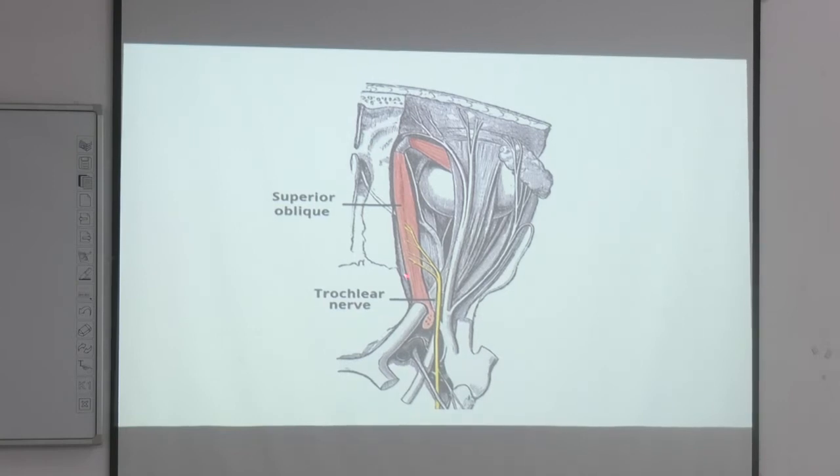Now this superior oblique muscle, which you have seen in the orbit class as well as in the eyeball class, is lying on the top side of the eyeball. The striking feature about this muscle is that it is present on the medial side in the upper quadrant of the orbit, lying on the superior plane, and it has a change of direction of its fibers, a change of course, by means of a pulley or a kind of lever which is present in the orbit.